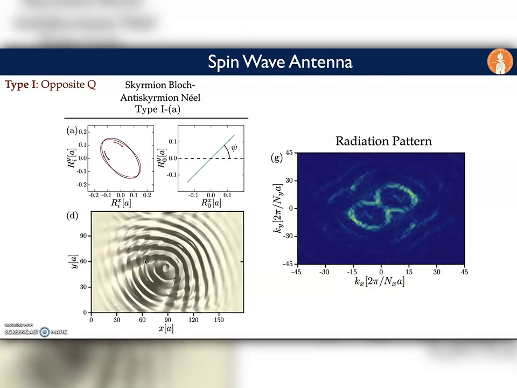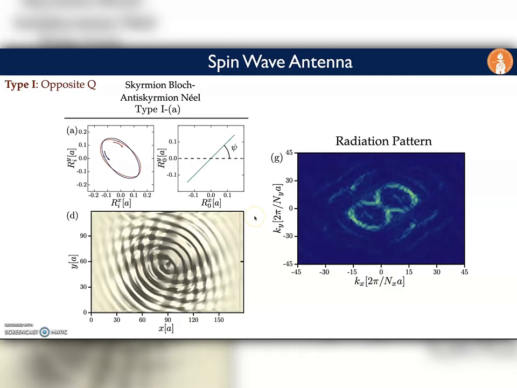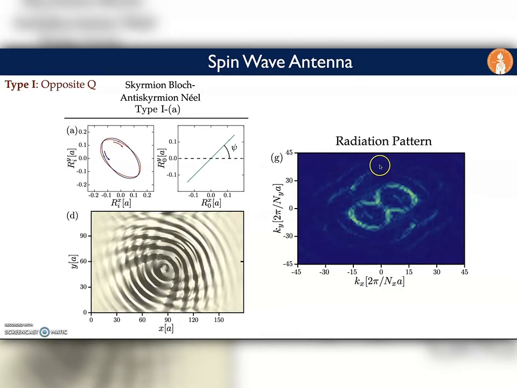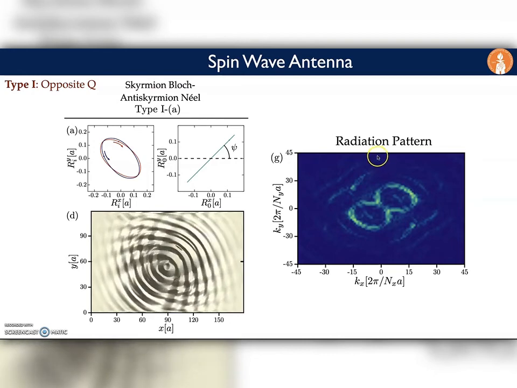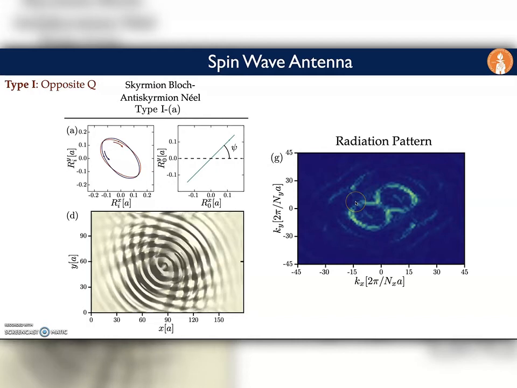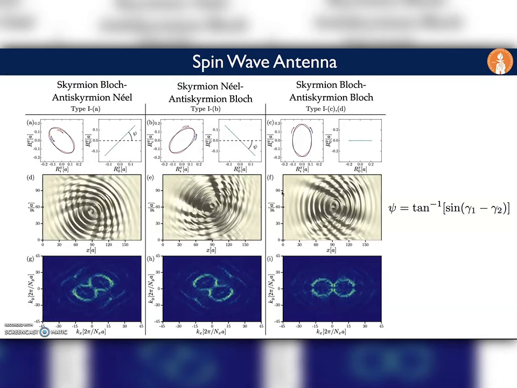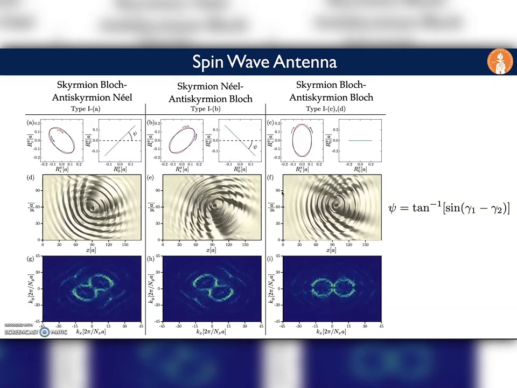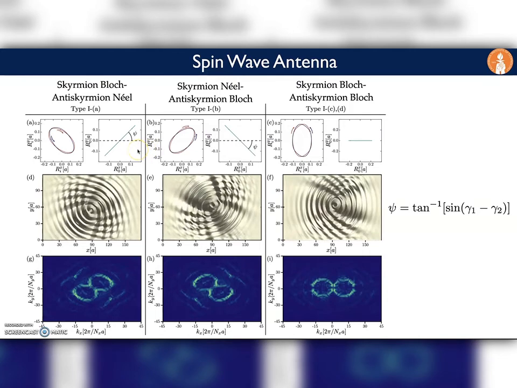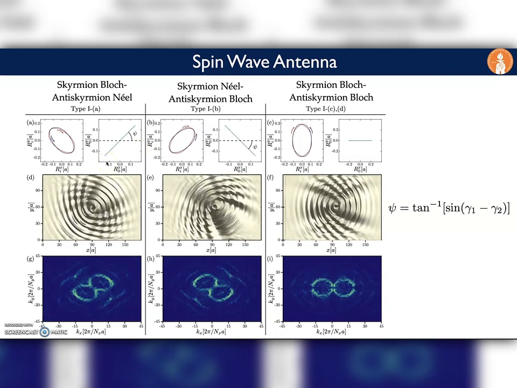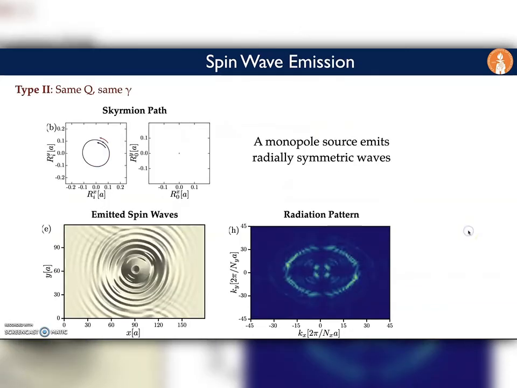This configuration clearly corresponds to a topological charged dipole with directional spin waves, and this is further supported by the radiation pattern, defined simply by the time average Fourier transform, which presents the characteristic two-source dipole feature. To get an understanding of the origin of this angle psi, we now try different pairs of helicity, and we conclude that the preferred radiation depends on the helicity of the charged dipole and can be used to manipulate the propagation of the spin waves.